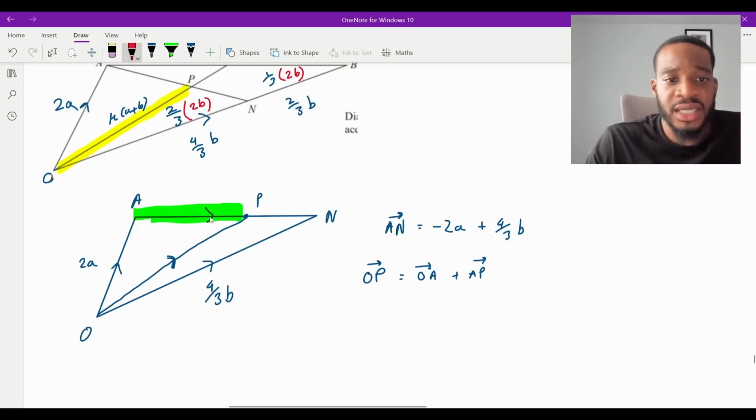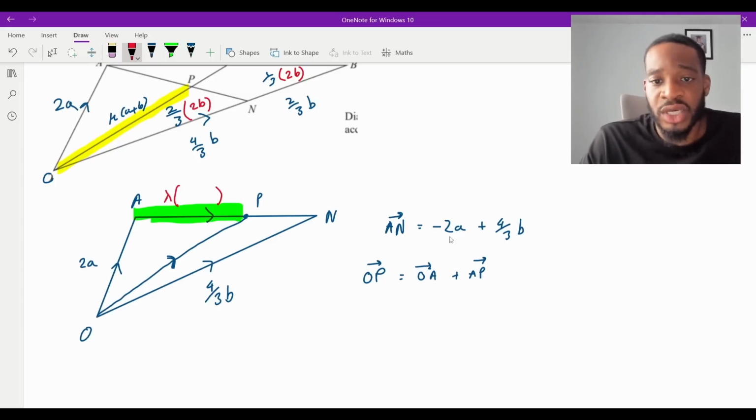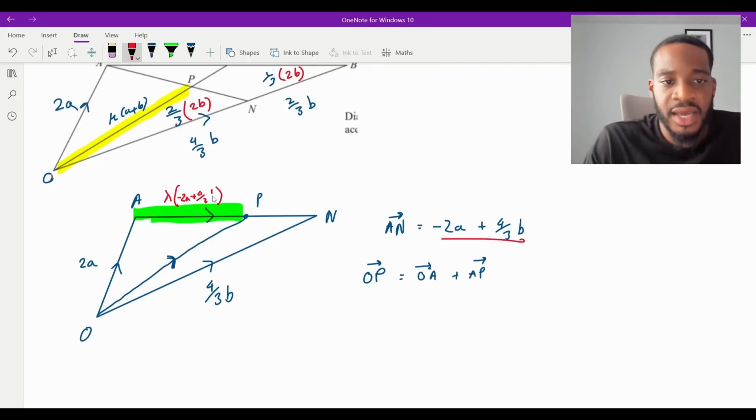So what I'm going to say is that A to P is going to be some multiple again. I'm going to call this multiple lambda, like that. And then I'm going to say that this is just going to be a multiple of the entire line, which is A to N. So I'm going to put minus 2A plus 4/3 b in there. And that is an expression for A to P, which means now I can build up and make another expression